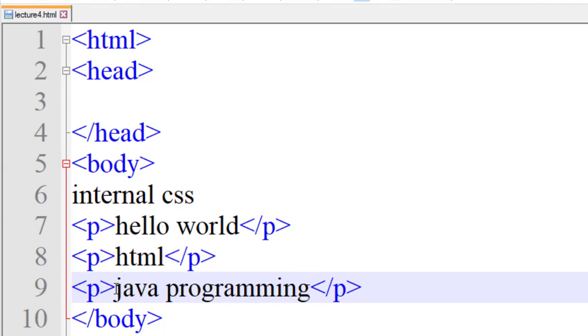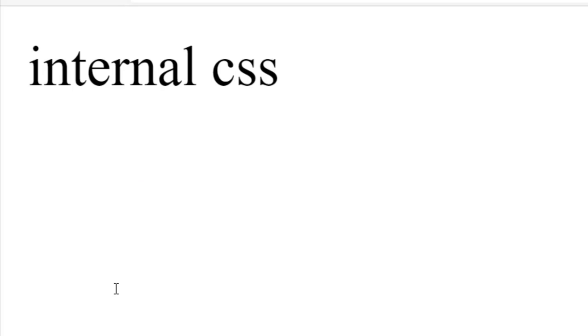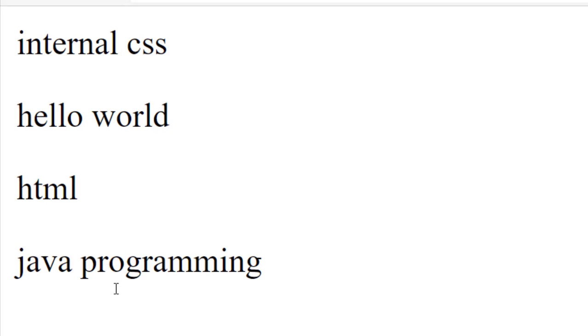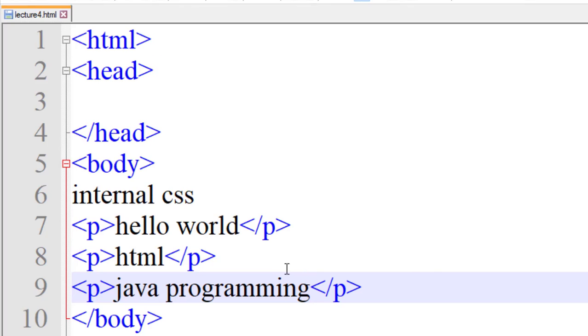Just save this and run it. Just refresh it. Okay. Now you can see in the body tag I have written the paragraph tags. Then I just ran that program.